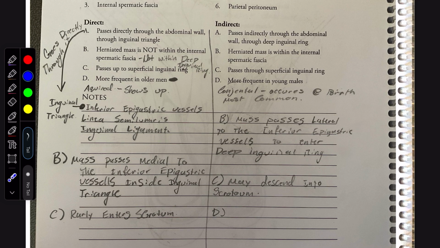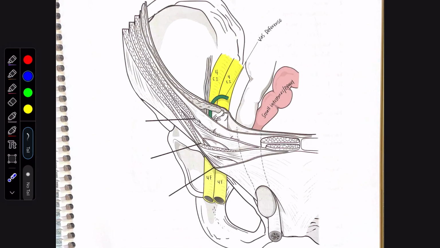Whereas indirect is going to happen more in younger males, mostly when they are born, just because those tissues are, I would say, more fragile. But you're going to see it pass lateral to the inferior epigastric vessels, and it's going to enter through the deep inguinal ring, and it can descend into the scrotum. So there's that. As we can see in this picture, this is going to be a direct